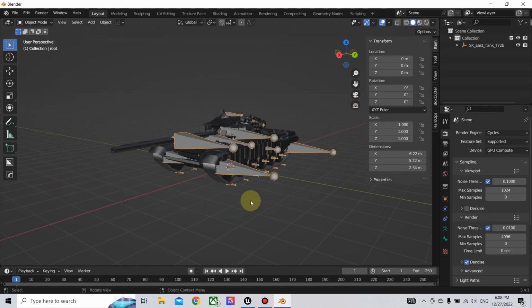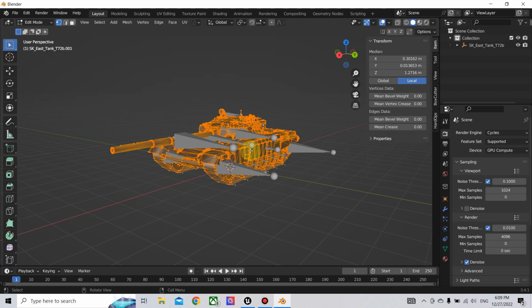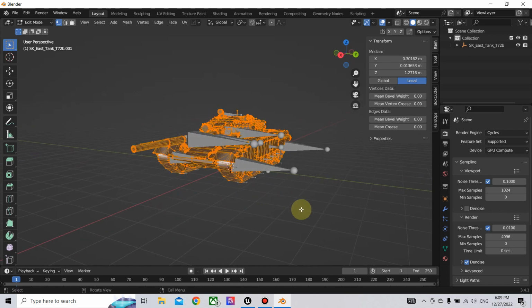Now what I need is to split the material for the tracks. We choose the tank mesh, and we press Tab to go to the edit mode. Now we go to the material, here material properties,